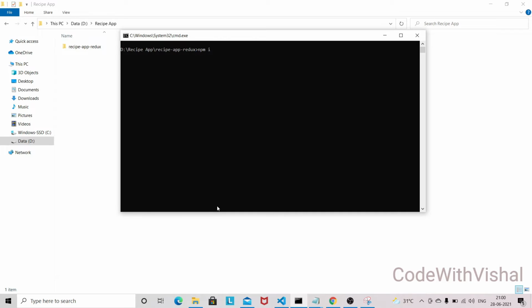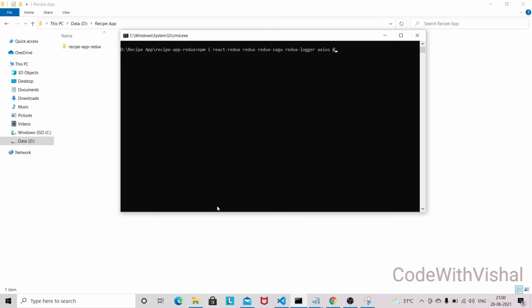I will install React Redux, Redux Saga middleware, then Redux Logger in order to see the previous and next state of an application. Then we need Axios to make the HTTP request to our third-party API.